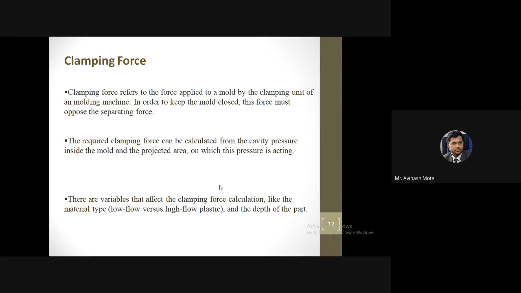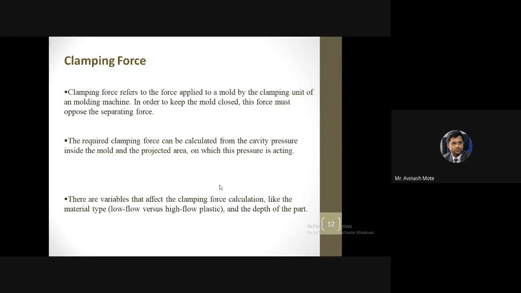But suppose we want to manufacture a product having a very high depth. For example, let's take a bottle cap, or a plastic glass. In the case of a plastic glass, the wall thickness is small, but the depth of the glass is more.